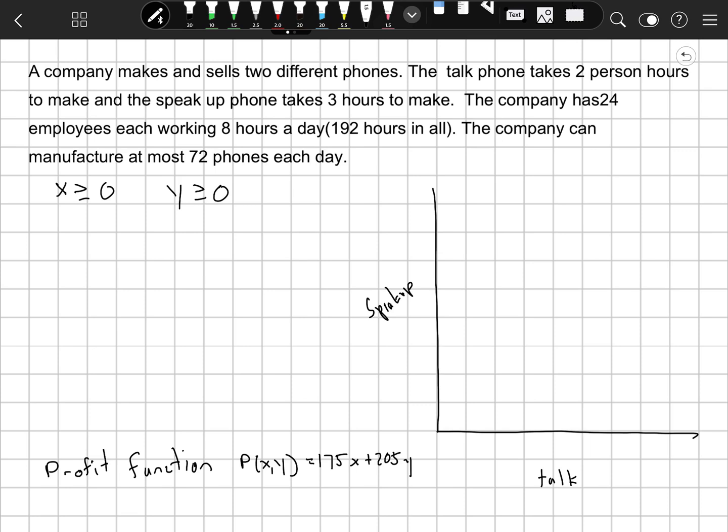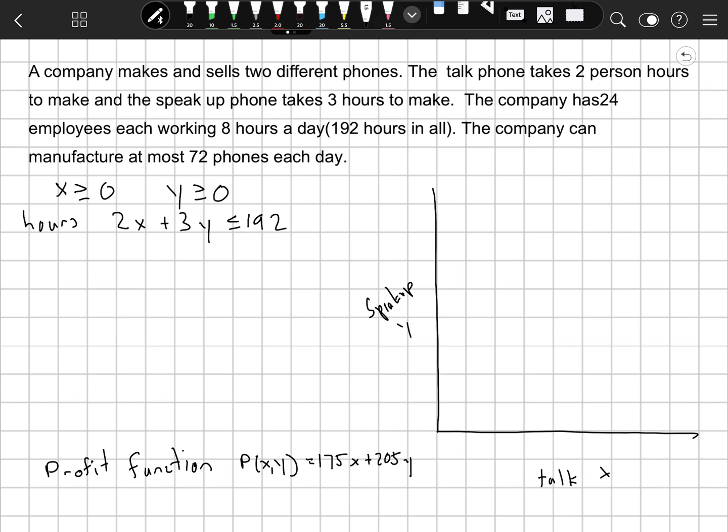My second constraint is going to be based on hours. We have 192 hours to work with, and it takes 2 hours for the talk phone, we'll call that x, and the speak-up phone is y, so 2 times the number of talk phones plus 3 times the number of speak-up phones has to be less than or equal to 192 hours, because that's all the hours the company